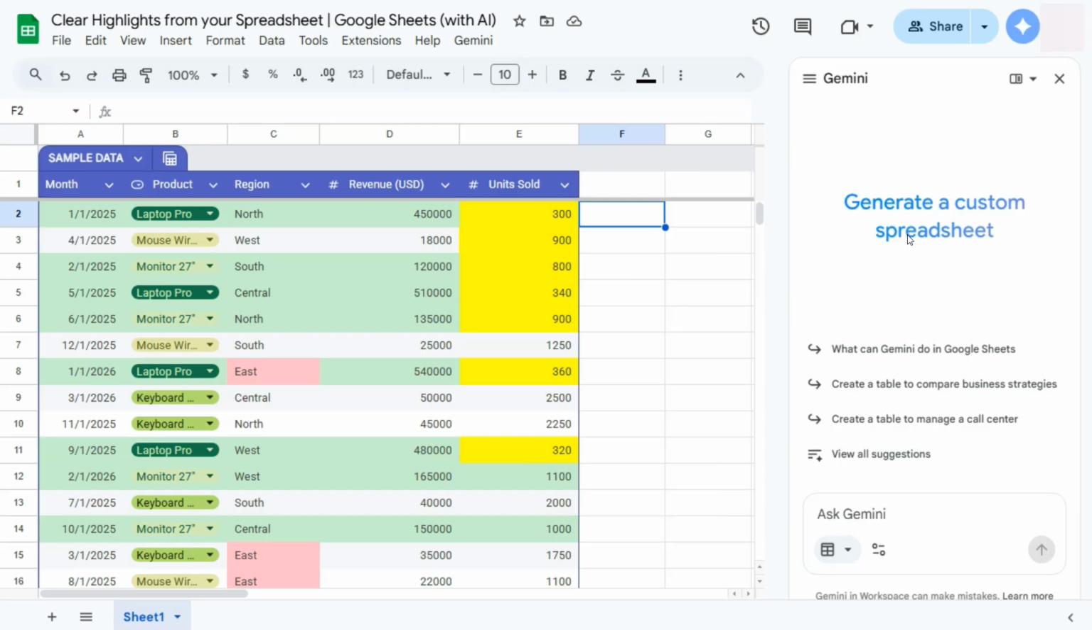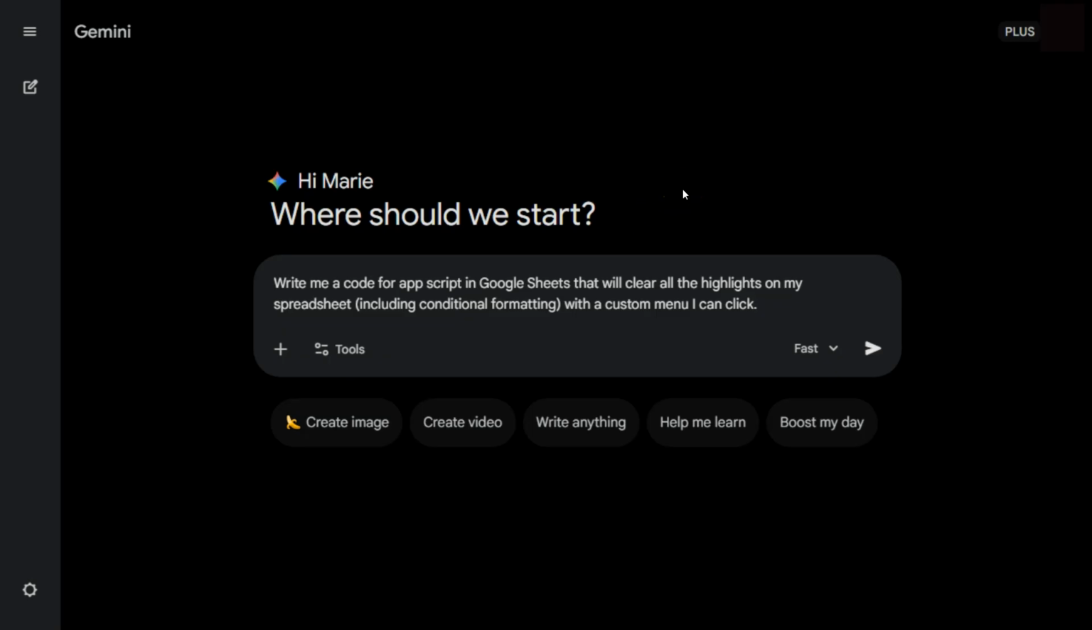In another tab, we're going to open Gemini right here. Just go to your address bar, type in gemini.google.com, and it will lead you to this page. Here we have Gemini, and in this space right here is where we're going to enter our prompt. I wrote a simple prompt asking it to create a code for Apps Script for Google Sheets that will clear all the highlights on our spreadsheet, including our conditional formatting, with a custom menu